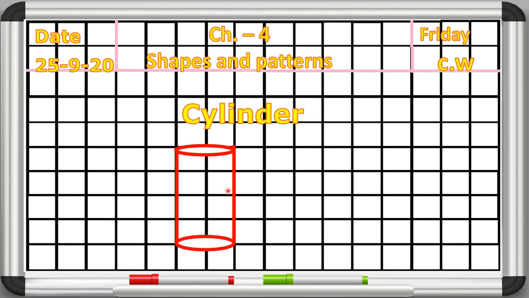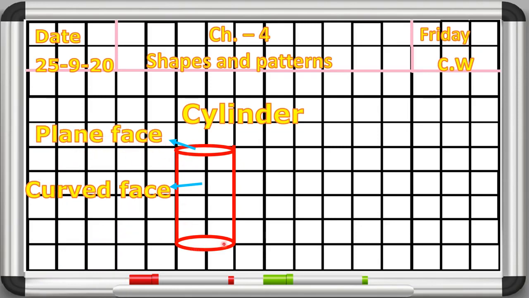Now, beta, we have to count how many faces a cylinder shape has. Here you can see that this is the curved face. So here we will write the curved face. C-U-R-V-E-D, curved, F-A-C-E, face, curved face. Now this is the plane face. So here we will write plane face, P-L-A-N-E F-A-C-E, plane face.